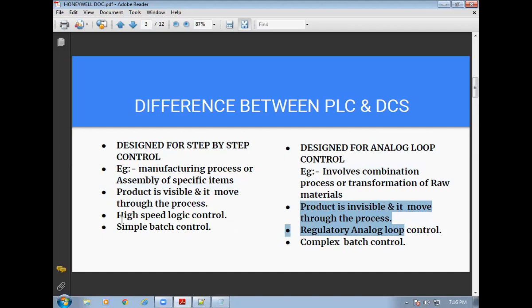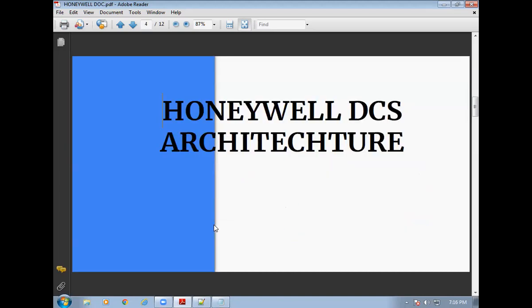Then this one is designed for regulatory analog loop control. This will be a high speed control. That's the thing. This is the difference between the small PLC and DCS. So now,